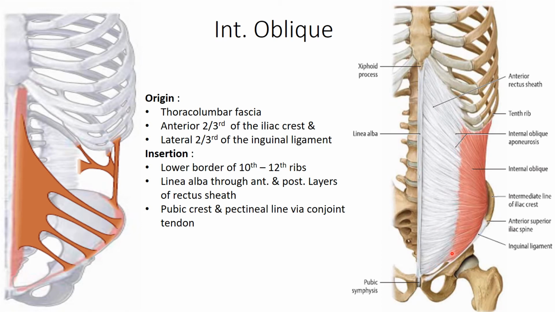Now this muscle, the internal oblique, has a free lower border which lies in relation to the spermatic cord. The fleshy fibers lie lateral to the cord, then they arch over, and the aponeurotic fibers lie medial to the cord. Some of the fibers remain fleshy and continue with the covering of the spermatic cord as the cremaster muscle. We will discuss that in relation to the inguinal canal.